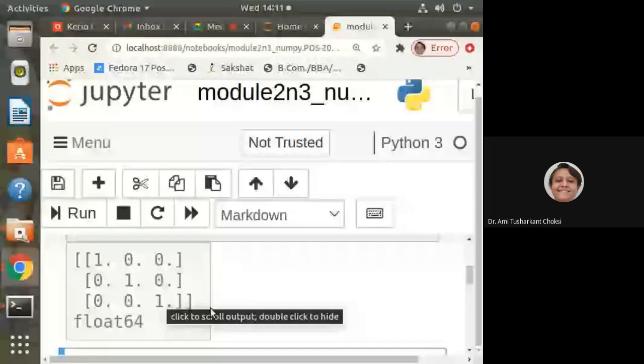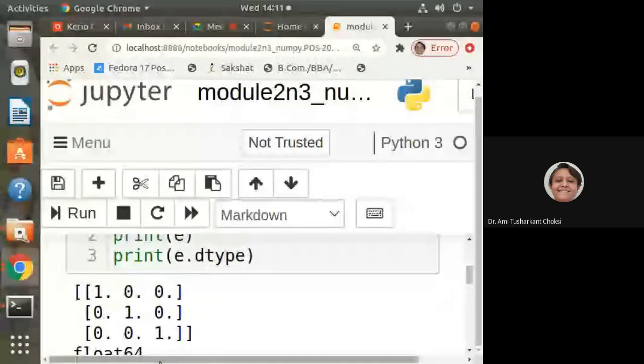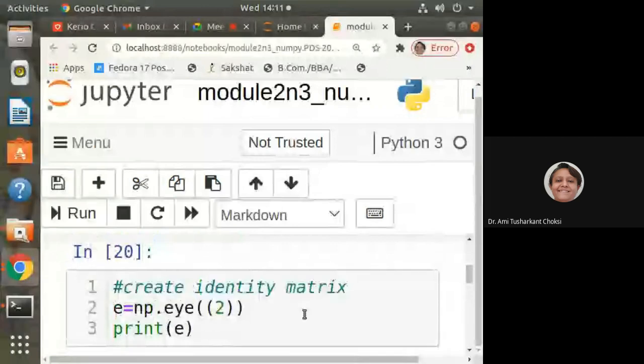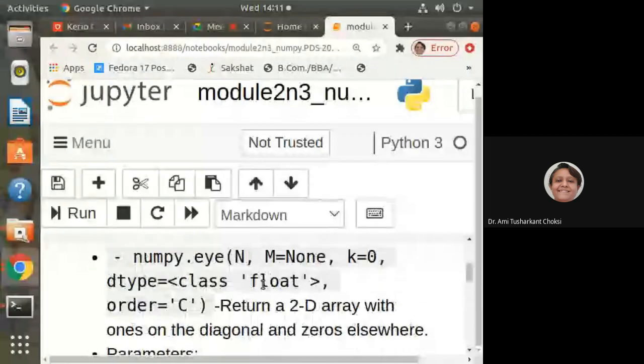Diagonal 1, right? So it is a very simple way by which we can create it, that is only np.eye. Very easy. And float64 is the default here. Float is the default.